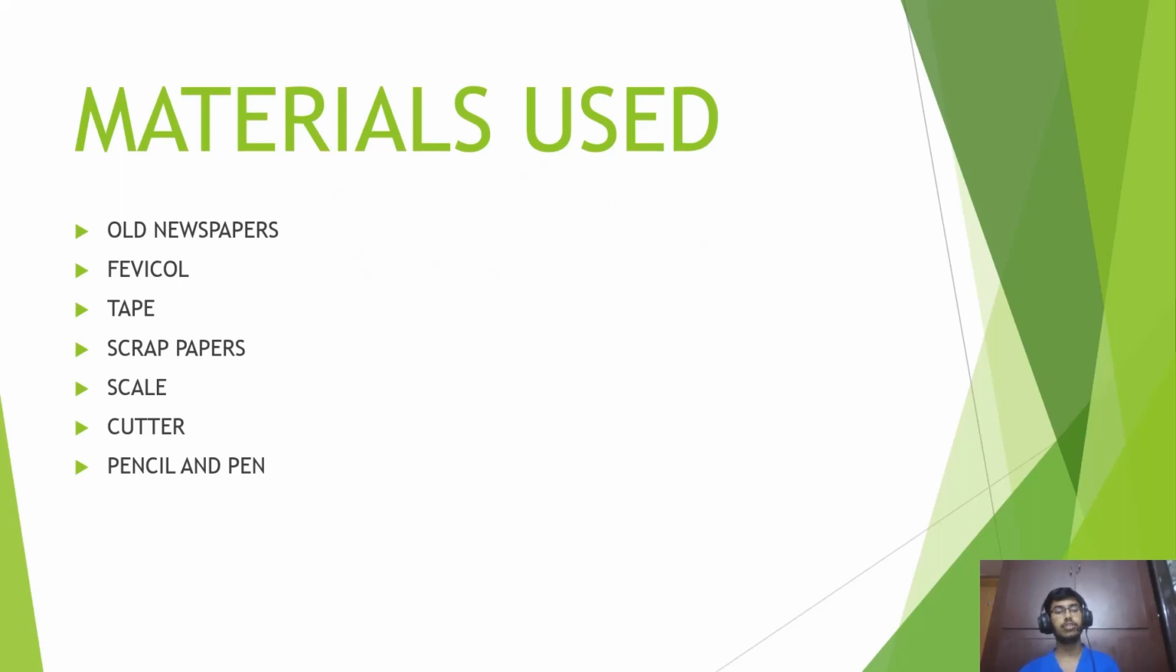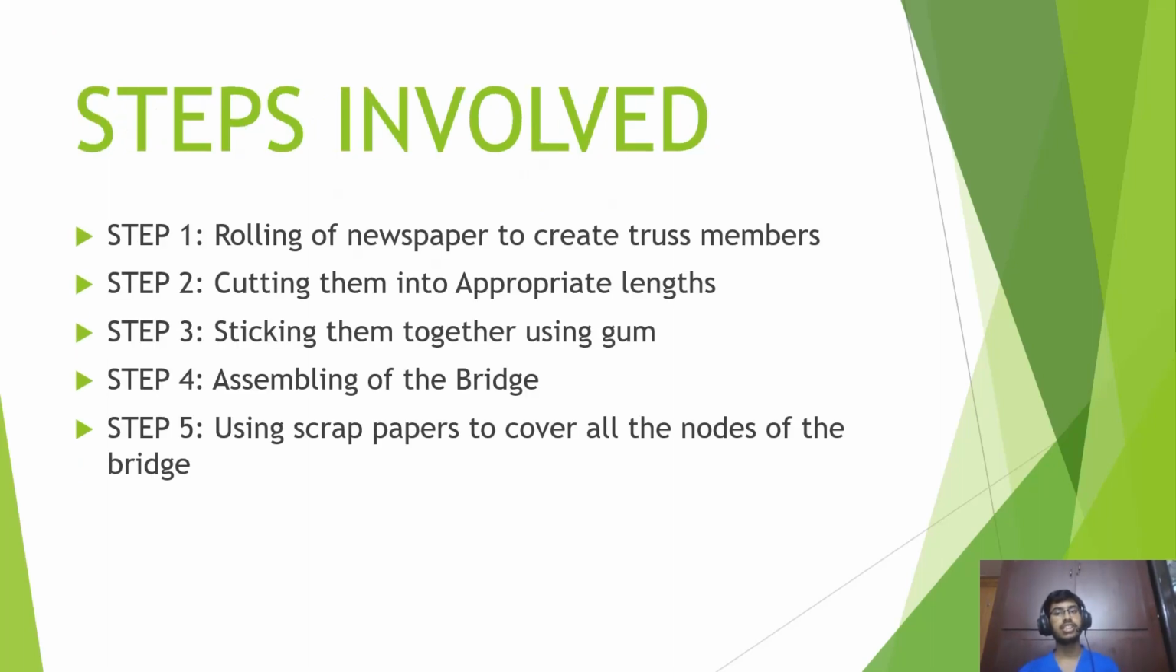The materials we used in the construction of the truss bridge are old newspapers, Fevicol, tape, scrap papers, scale, cutter, pen and pencil. Now I am going to explain all the steps we have done during the construction of the truss bridge. First, we rolled the newspaper to create the truss members, and we also cut them into their